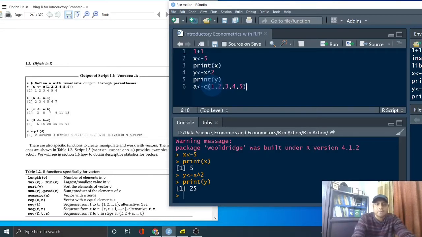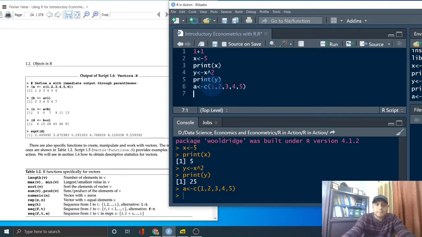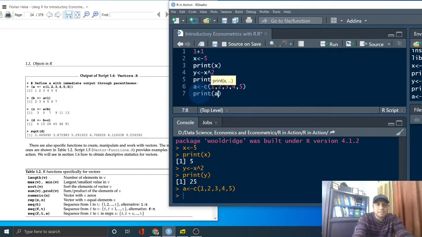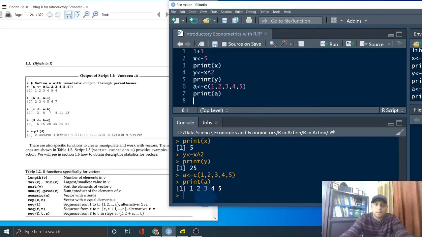So this is our five pieces of information, the 5 vectors. I press Control Enter, and then if I just print A, this will show 1, 2, 3, 4, 5, whatever is inside the A object.